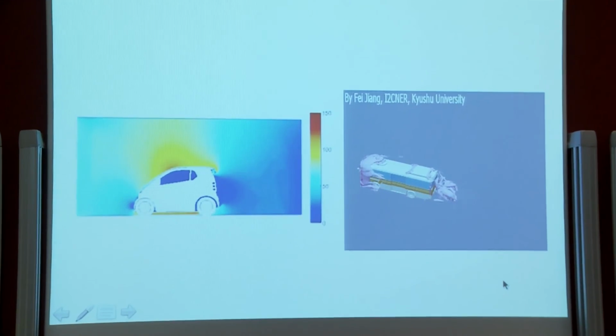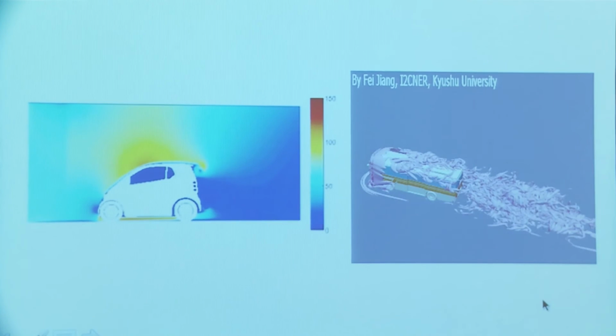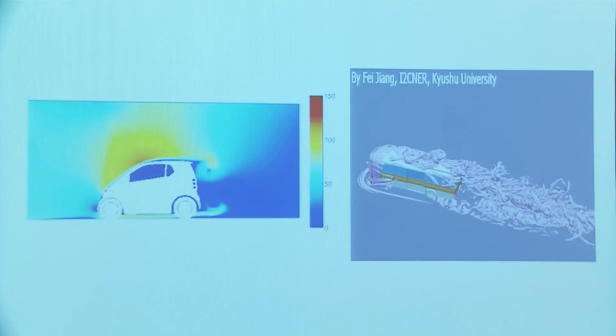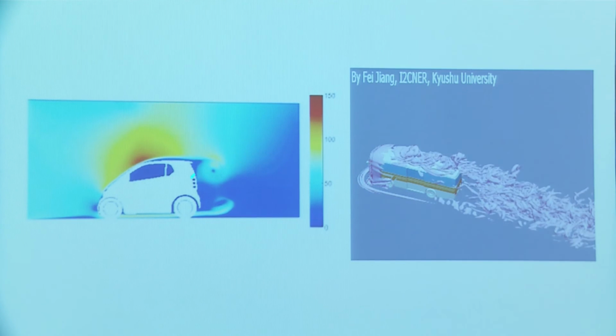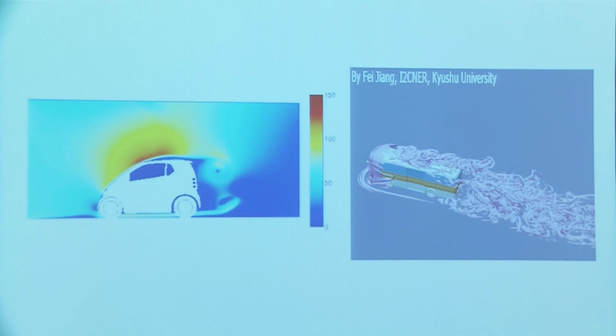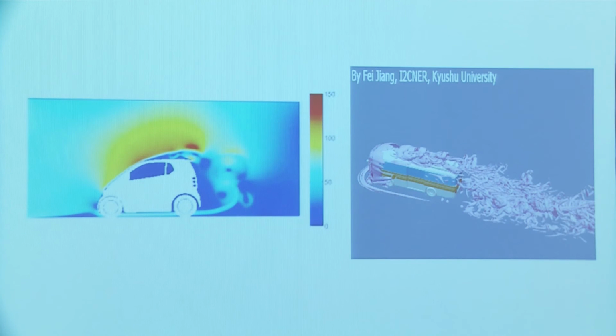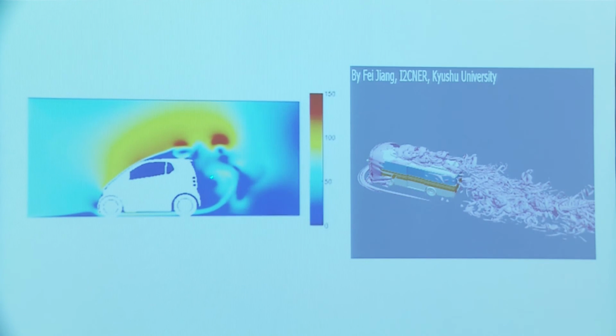So you can have a look. Here you have, it's always a flow past the vehicle, but you have a map of what happens to the flow field around this car. Probably this is either the pressure or the velocity that is colored here, but you see that you have